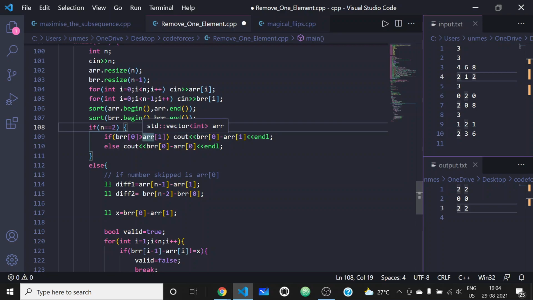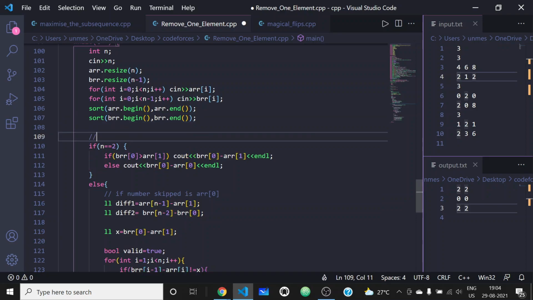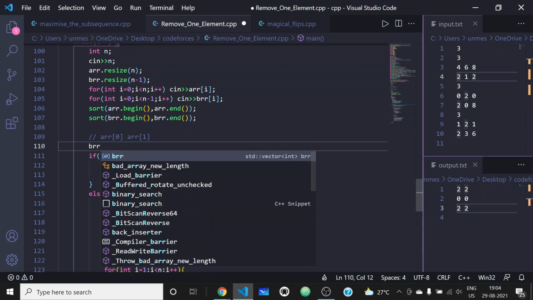So here there is a possibility that out of AR0 and AR1, one element was taken to give us the BR0.